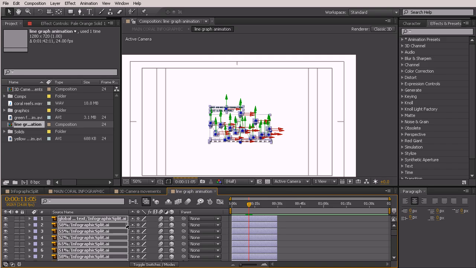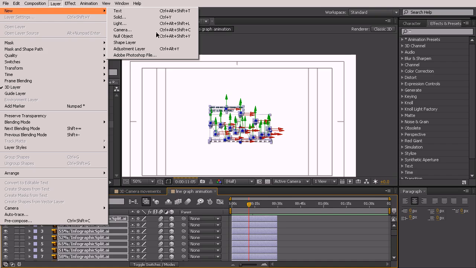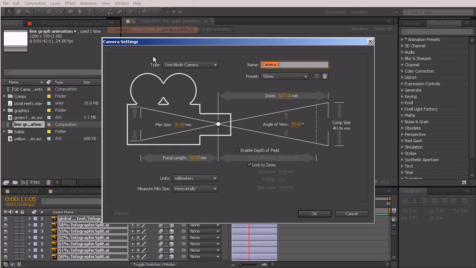And let's go ahead and add a camera to this, just kind of we'll just do it right now. We probably won't get to be able to animate the camera in this lesson because it's going to take a while just to set up some of the other stuff we'll be doing, but we can get it in here, and that way we don't have to scale up our layers to make them fit this comp. We can just zoom in with the camera. Make sure it's a one node camera,